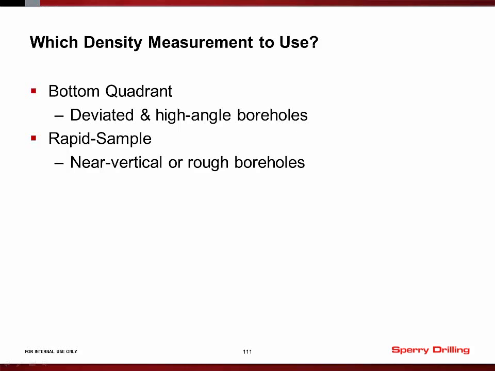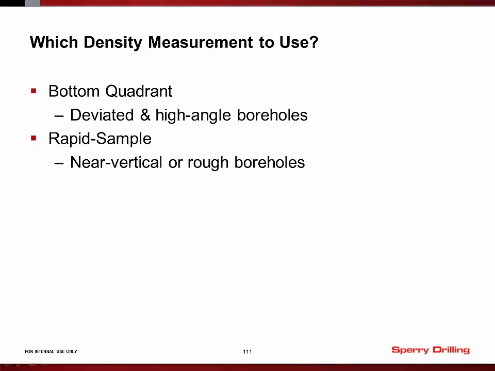If the well is almost vertical, or if the well is rough or enlarged, then quite often the rapid sample density will give you the best result. In the near vertical case, the rapid sample data will come from whichever side of the hole happens to be closest to the detectors at any given moment. It doesn't necessarily always come from one side of the hole, and so you're really depending upon the tool at least coming close to the formation some of the time in order to get a good, reliable measurement in those